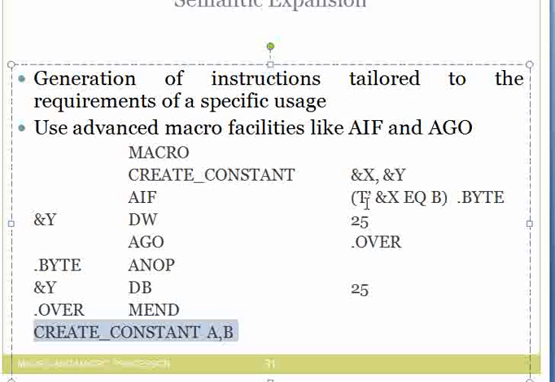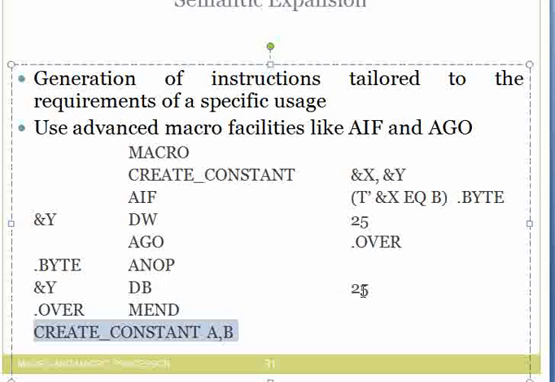I'm checking whether the type associated with a is a byte. If it is true, then it will go to the line where .byte appears as a label. There is no operation, then it goes to the next line and declares y, which is b, as a byte of 25.